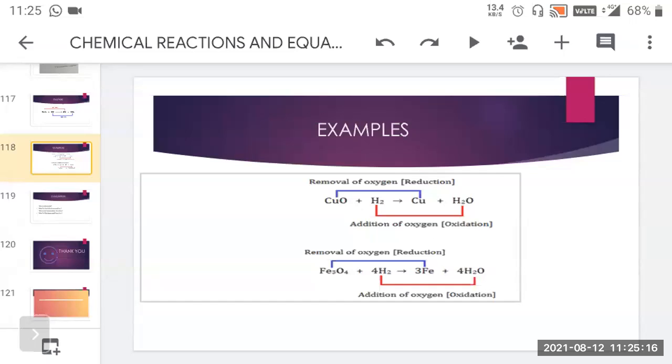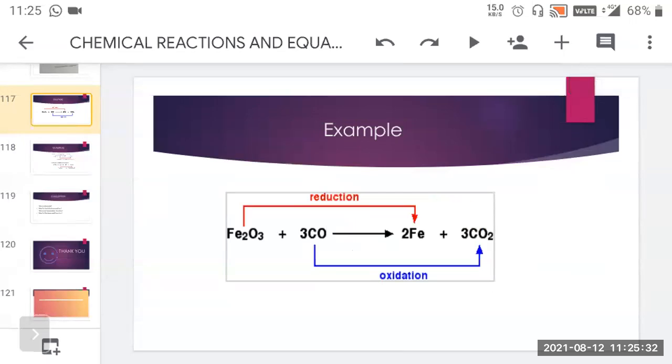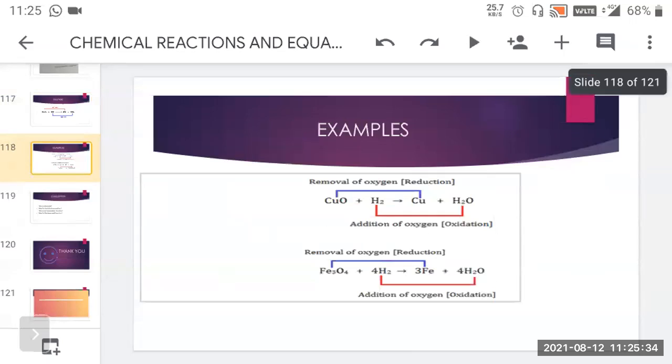Then comes the next reaction, that is the removal of oxygen. Students, in the next reaction, you can say the Fe reaction which we saw here, that reaction only. But here in place of oxygen, H2 is given. So Fe2O4, when it reacts with H2, will give Fe and H2. Again, removal of oxygen from iron takes place and it gets reduced to Fe, because removal of oxygen is taking place. So here reduction of Fe takes place.